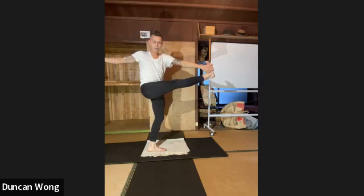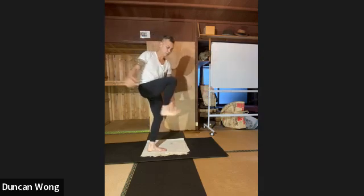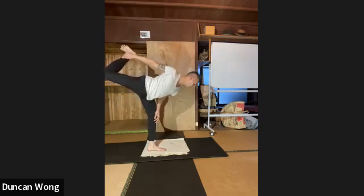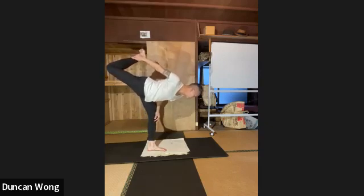5, 4. Foot on the wall. Okay. 3. Pressing through base of large toe. Push, cue press. 2, 1. Same side catching kick. Take a bow for 5, 4, 3, 2,